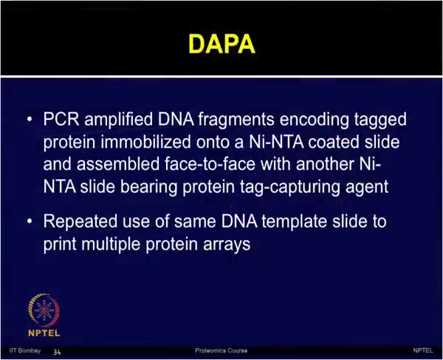In DNA arrays to protein arrays, the PCR amplified DNA fragments which encode tagged proteins are immobilized onto a nickel NTA coated slide and assembled face to face with another slide, also nickel NTA, bearing a protein tag capturing agent. The repeated use of the same DNA template can be performed here, and multiple protein arrays can be generated by using the DAPA method.